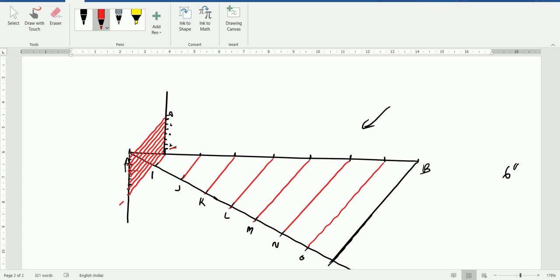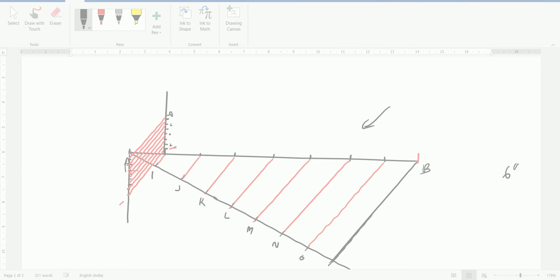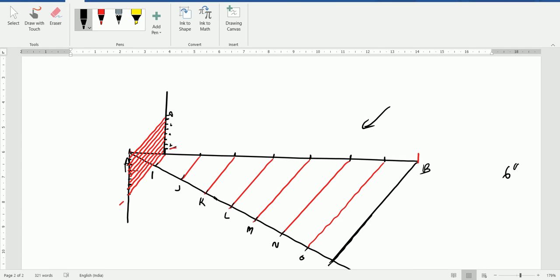And what to do after this? We need to erect small perpendicular lines here at the last terminal, okay, at the last point here. So let me use black, and here also. And after that, just join the two lines here,